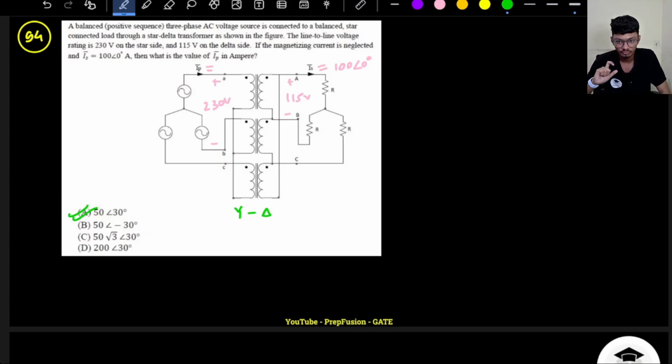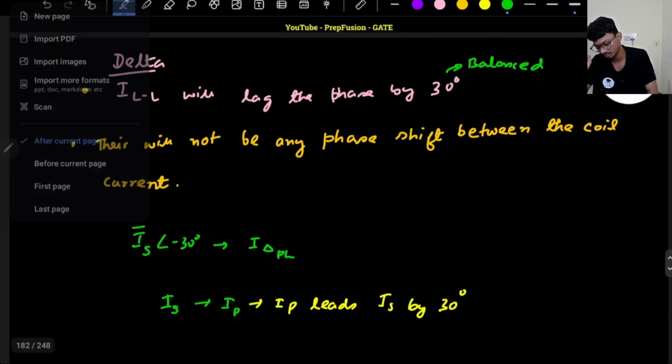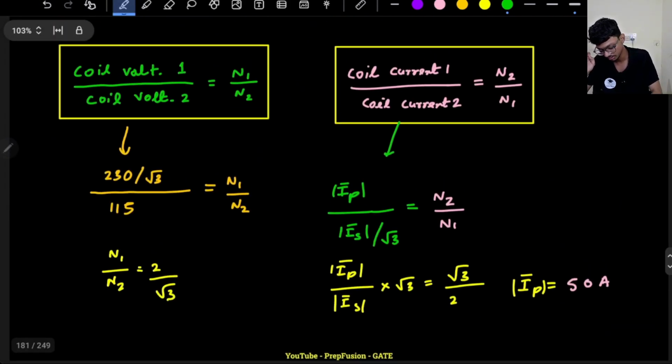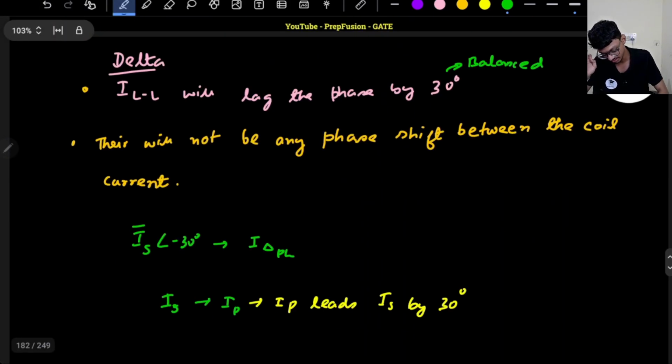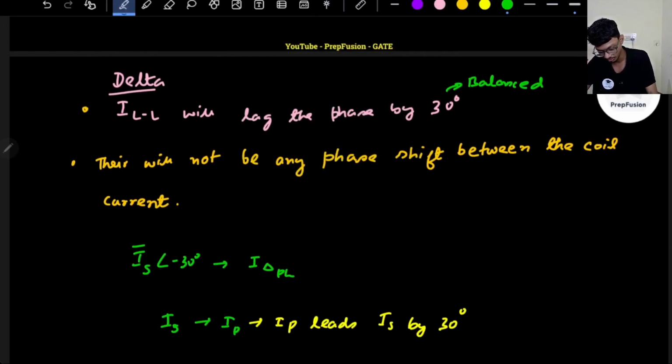Now method 2: what if they would have asked only the magnitude? Then method 2 will work. This was method 1, and obviously you have to understand this part anyway. This part will be common to both methods, because you will not be able to identify the phase otherwise